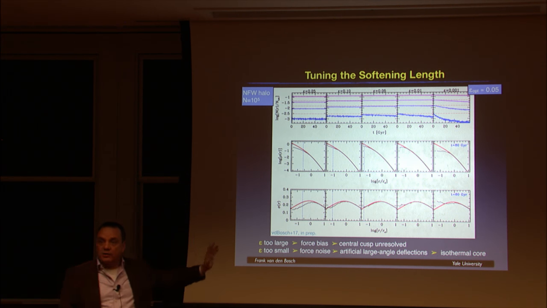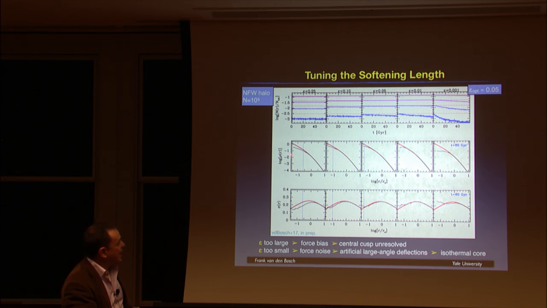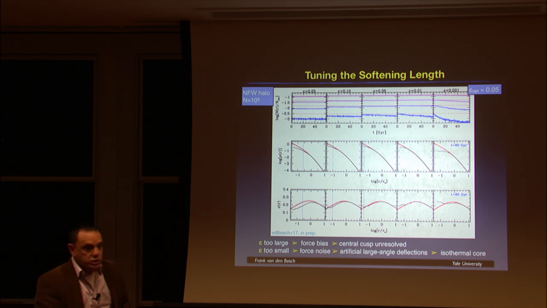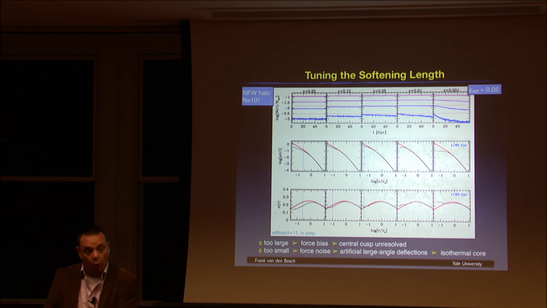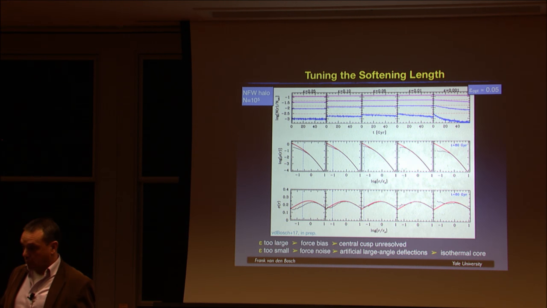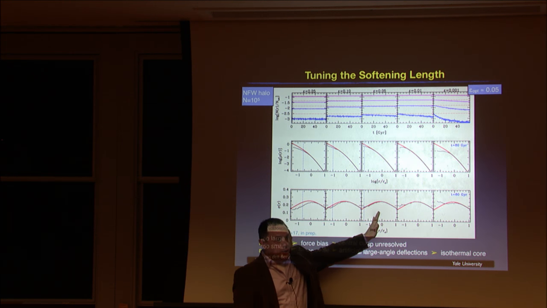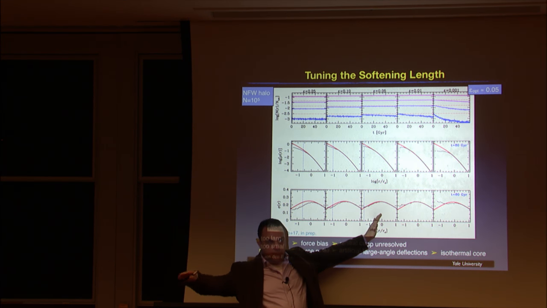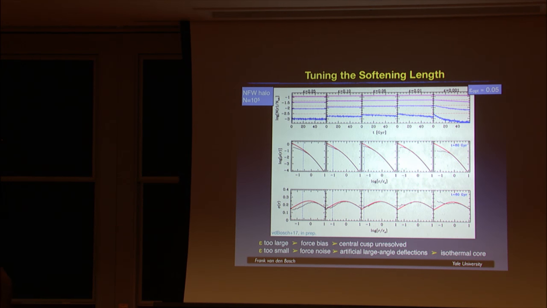Now, what do you expect if you're going to put these things in a tidal field? Suppose I take this one and put it in a tidal field. My halo is too fluffy, so it will be too easy to disrupt it. So this one is probably going to make the system lose more mass than this one. What if I make my softening length too small? Same thing. I make a core. I should be more disruptible, and I should lose more mass. So the prediction is, for this system, I should get the most bound mass over time, the least amount of stripping.